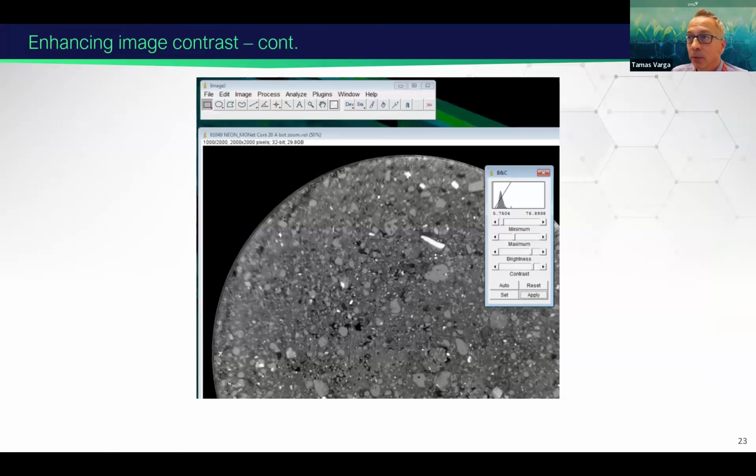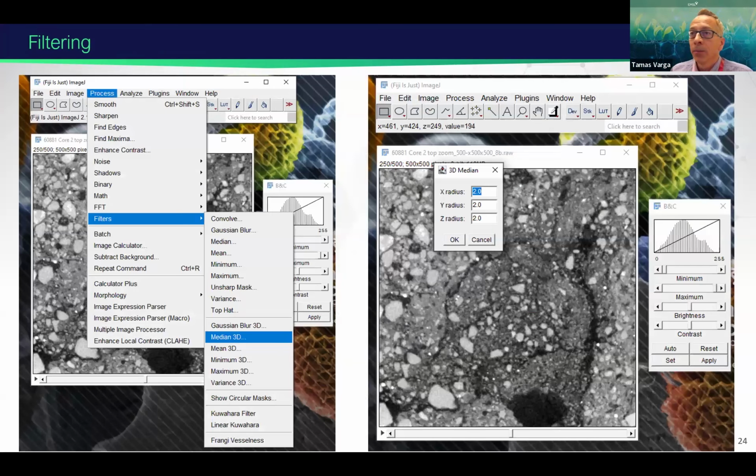You can see, for example, the high density mineral components in white, and also the pores in the background, so outside there and inside the object, the soil core. And then